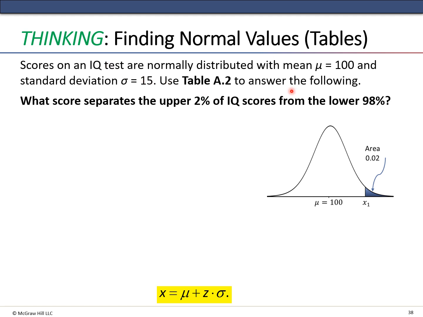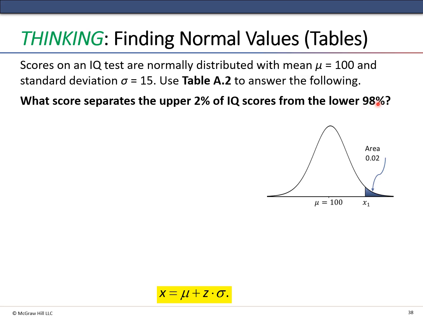Use Table A2 to answer the following. What score separates the upper 2% from the lower 98%? So we're looking for this score that separates the upper 2% from the area of the white, which is 98%